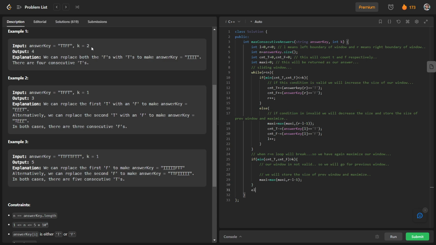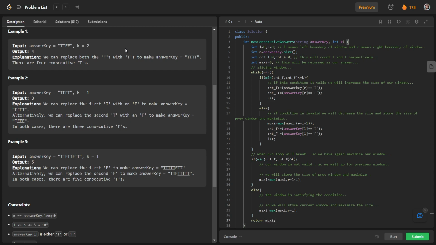Otherwise, if the condition is valid, the window is satisfying the condition, so we will store the current window and maximize the size. So maxi is equal to max of maxi and r minus l. After that we will return our maxi.